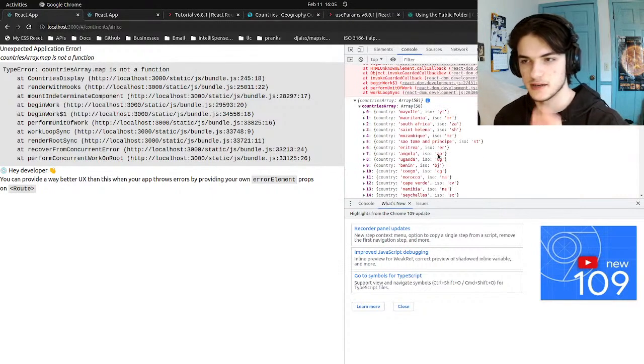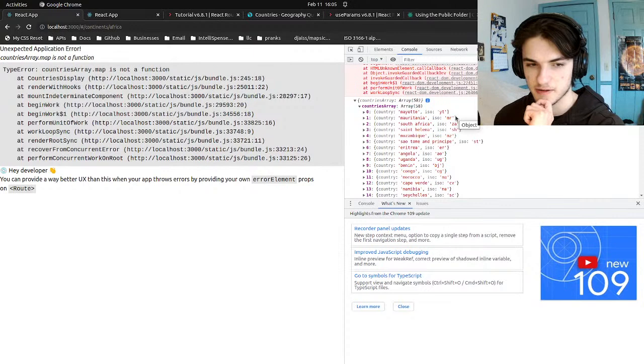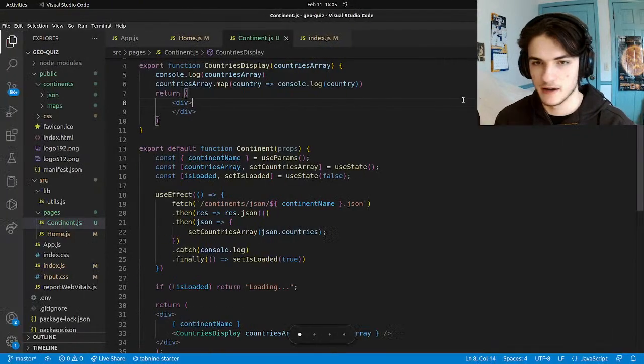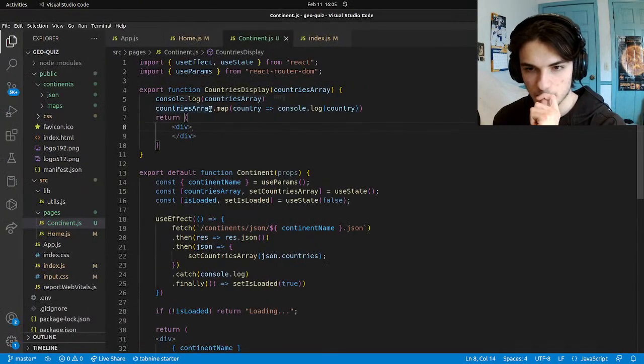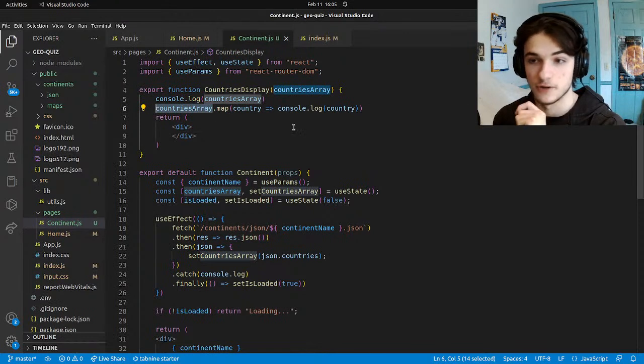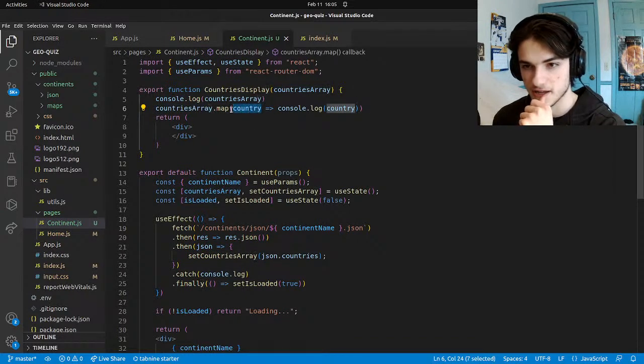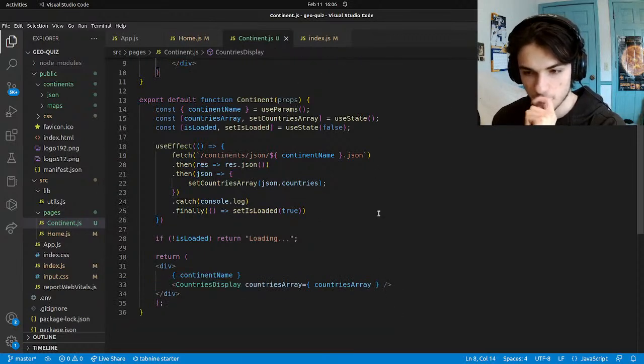What I expect to see is each of these country objects printed out on the screen. If I coded this correctly, it should tell JavaScript to loop over all of the countries in that countries array, get the individual country right here, and then print it out. That's what this means. For whatever reason, though,